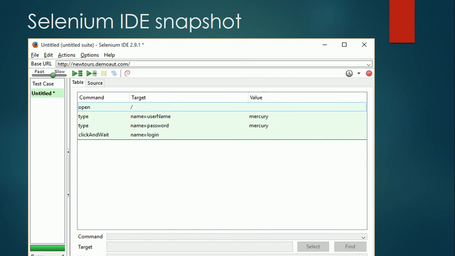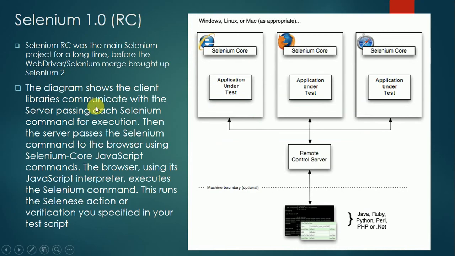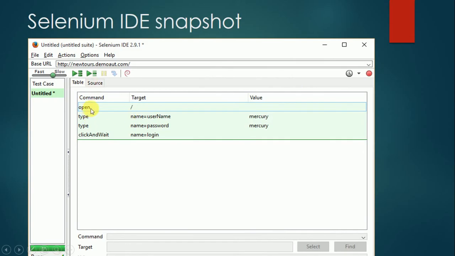So here is a look at Selenium IDE. I have taken a snapshot. I'll show you how we use this, and I'll show the demo as well. So this is how Selenium IDE looks, and you can see here is an open command. Here's a base URL. Base URL is nothing but the URL that you are using for automation.